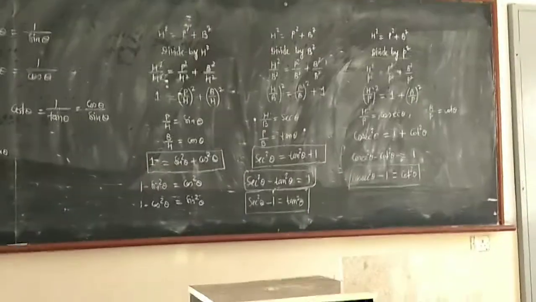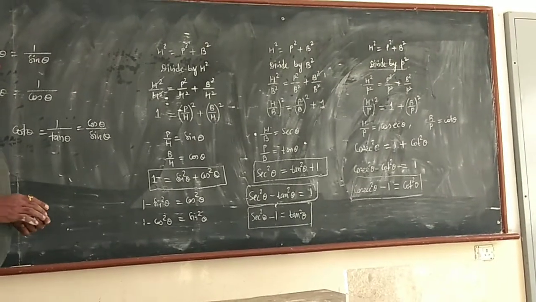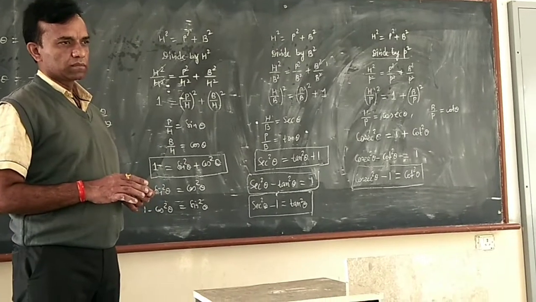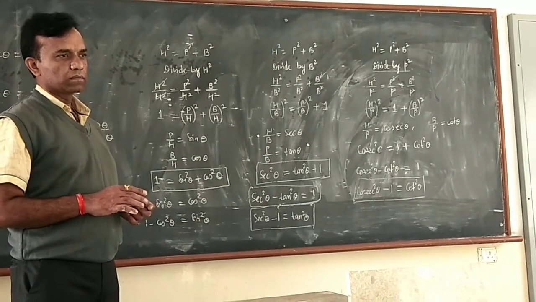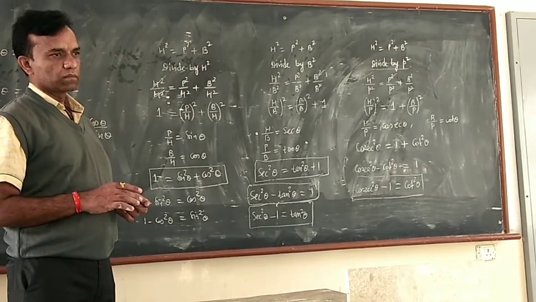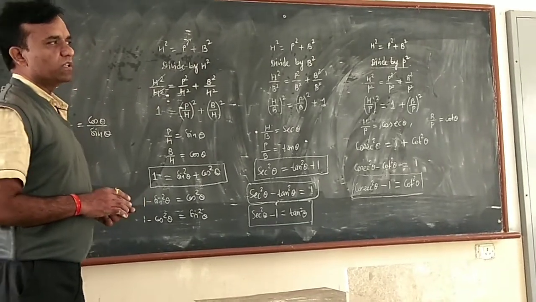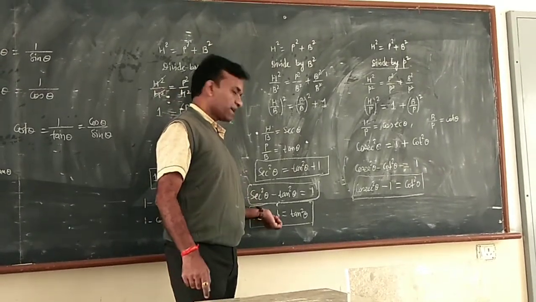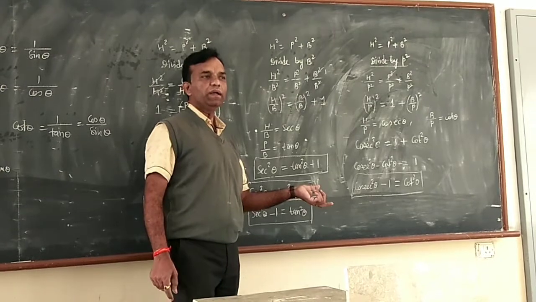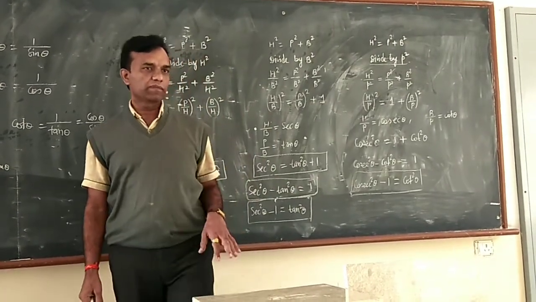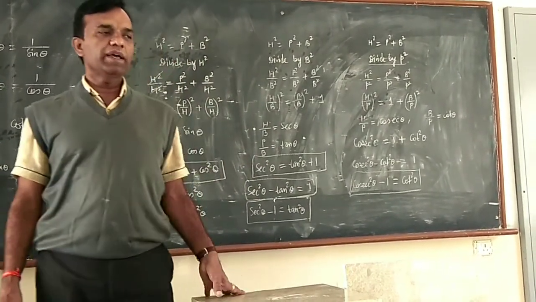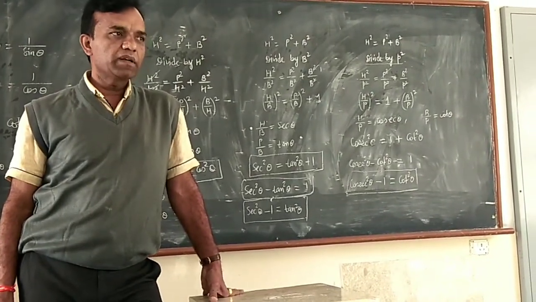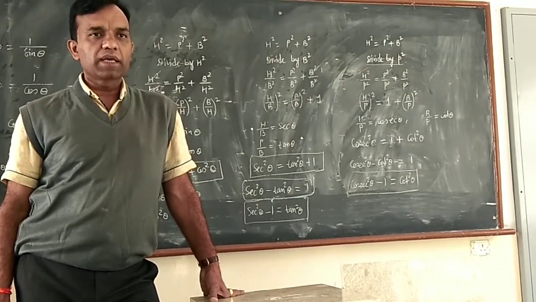Sir, you had the previous question in identities, sec square theta and tan square theta plus 1. We make a mistake in the exam when we write the formula. Because you write the wrong formula, like in place of sec square minus 1, you write 1 minus sec square, then you have the minus sign mistake. Any number like 2 minus 1 is 1, but 1 minus 2 is minus 1. The resultant term is the same, but the answer is affected by the minus sign.